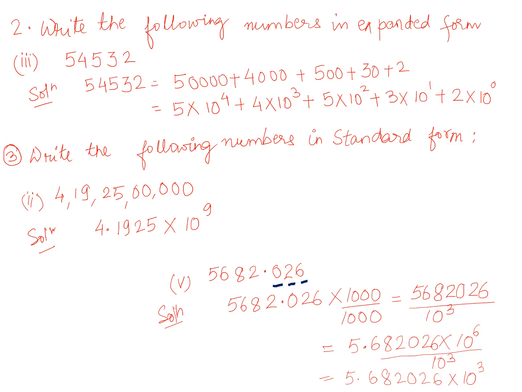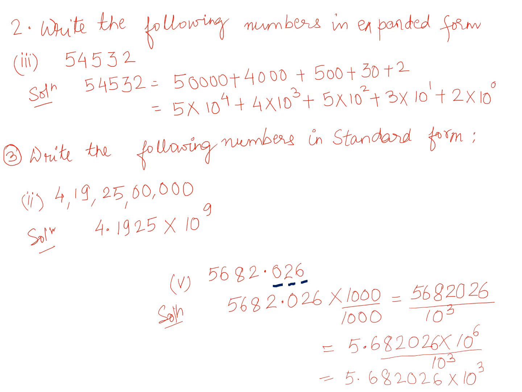So now I will write the above digits as we were writing in standard form. I will write 5, then I will put the point. After that I will write all the digits after 5: 682026. That's what I have written here. Now, as we were doing, leaving the first digit and counting the rest of the digits: 1 2 3 4 5 6. So it will be times 10 to the power 6, divided by 10 to the power 3, because we already have 10 to the power 3.